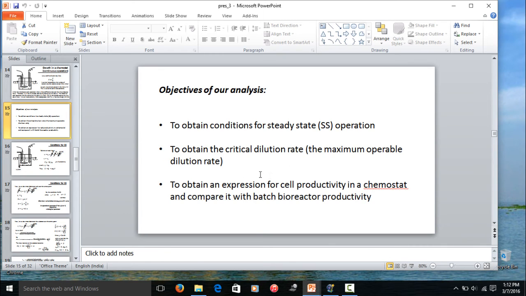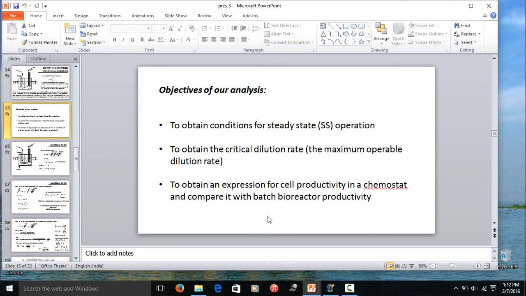We obtained the critical dilution rate, which is the maximum operable dilution rate before washout occurs, and we also obtained an expression for cell productivity in a chemostat and compared it with the batch bioreactor productivity. We said that the specific growth rate equals the dilution rate at steady state operation. Therefore, an operational parameter such as flow rate, since dilution rate is flow rate by the volume, can be used to control the biological parameter, which is the growth rate. That's the significance here. And then we obtained a critical dilution rate beyond which there is actually no cell production